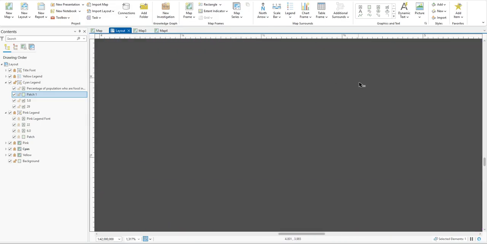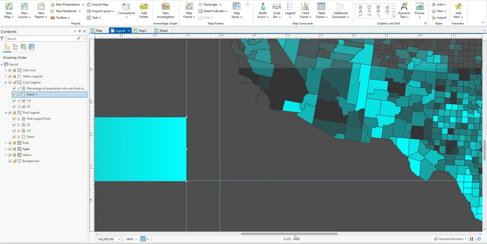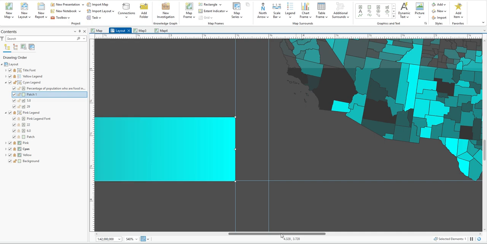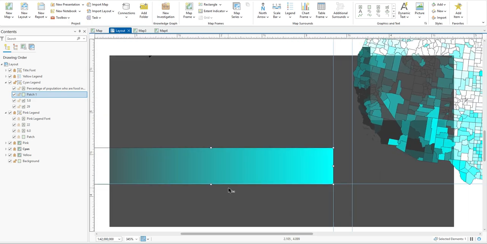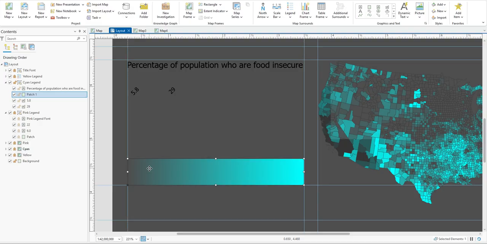You might have to zoom in just to get it exact if you're extremely nitpicky like me. And now I can make sure that my gradient snaps right into that corner there. And so now that's going to be perfectly aligned with